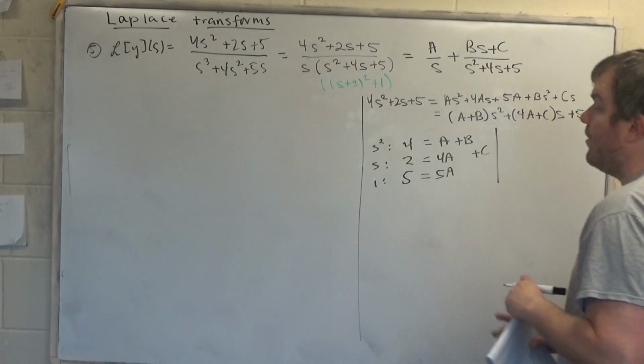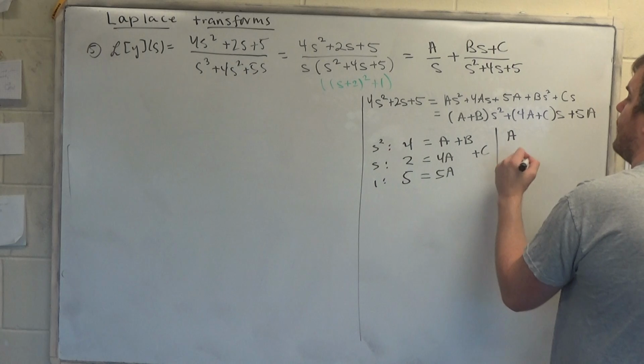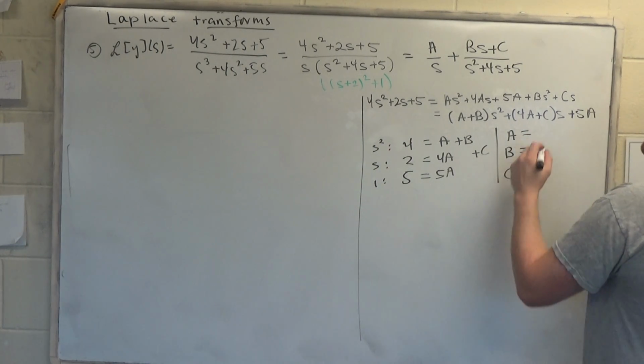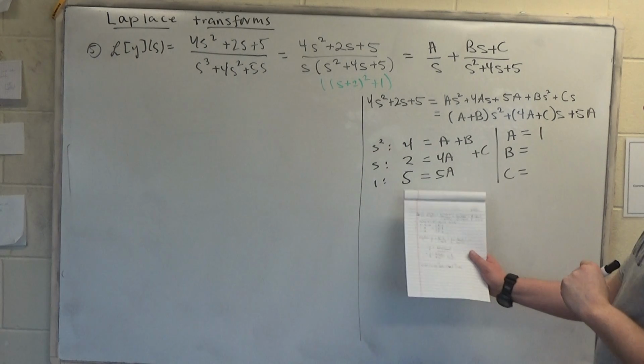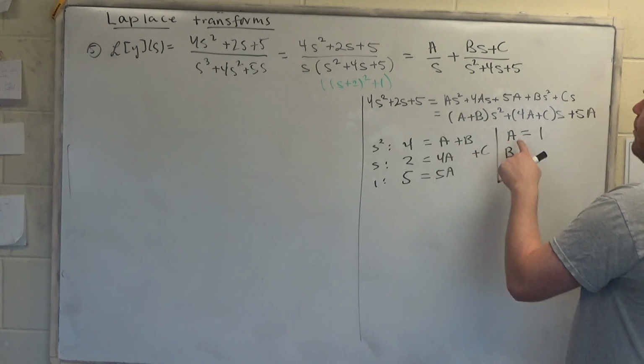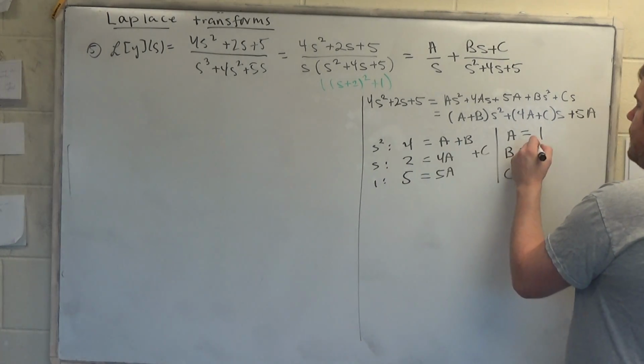And once again, we could use technology to help us solve this. That is to say, we could use our calculator by setting up a matrix equation, or we can notice that one of these equations is pretty easy to solve. In this case, it's the third one. If we know that a is 1, then we can easily find that b